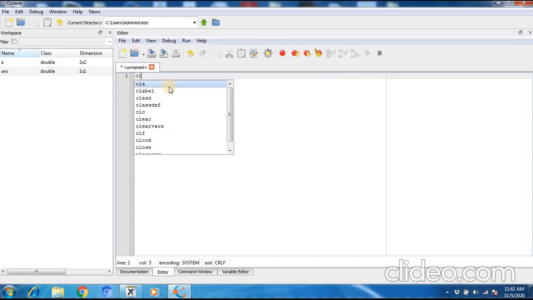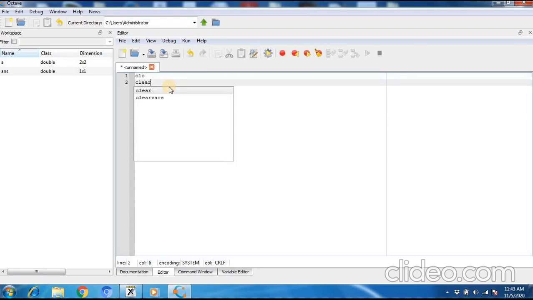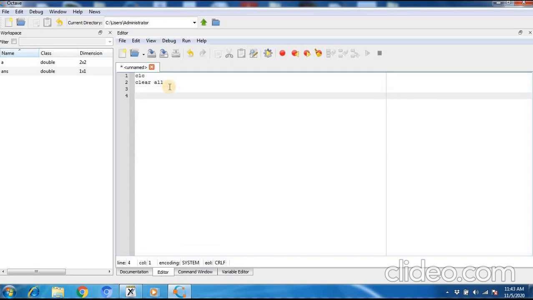So let us see this CLC. CLC means clean the command area, then clear all. That means all the variables. These are not mandatory. Clear all means all the variables here in the workspace which you used previous to this will be cleared, so that no garbage remains in the workspace. Then suppose I write for I equal to 1 colon 10, then end for, that means this is the loop,